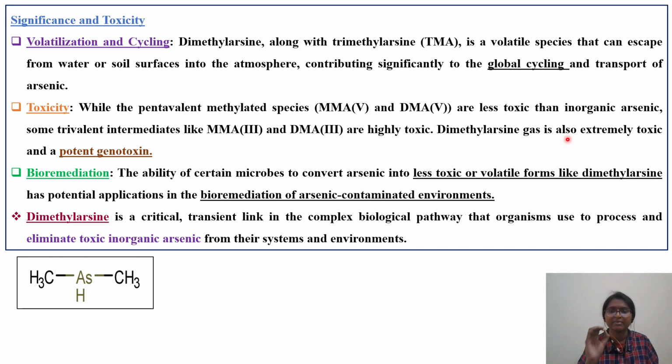So one question on dimethyl arsine, ASH3, something like that they will ask you, and it is potentially genotoxic. It causes DNA damage. Coming to bioremediation, the ability of certain microbes to convert arsenic into less toxic volatile forms, that is dimethyl arsine, has potential applications in the bioremediation of arsenic contaminated environments. For example, if there is a lake, a water body, or some landfill contaminated with arsenic,